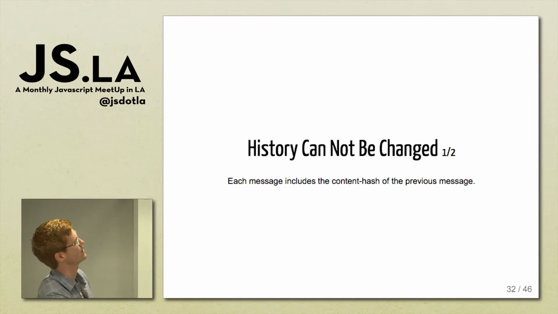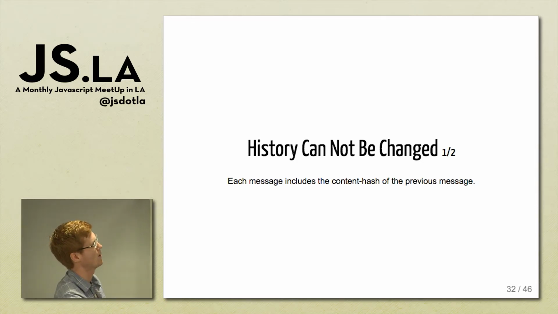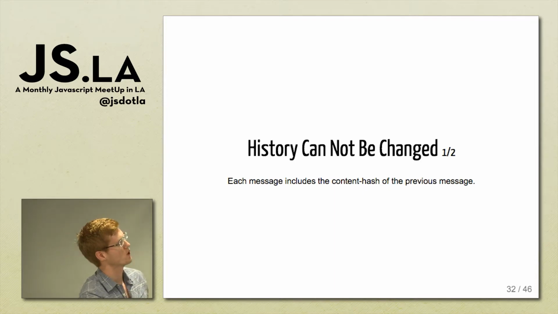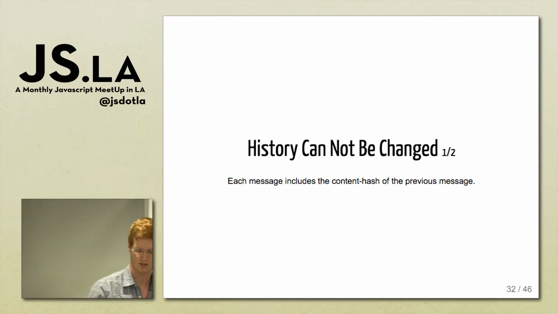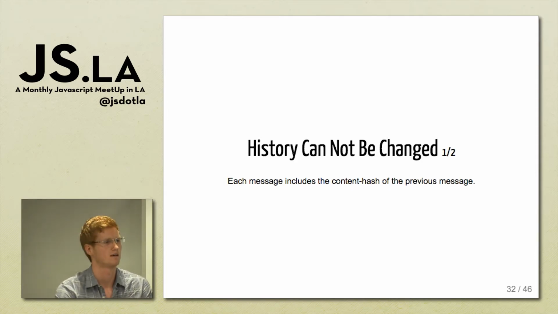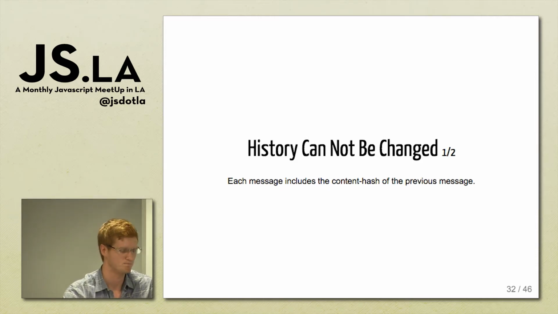The final guarantee is that the history cannot be changed. This is important so that you know that everybody is basically on the same page, right? You don't want to have multiple versions of your feed existing in the network. So the way that we do this is by basically creating a chain of checksums. Every message includes the content hash of the message previous to it, all right? And whenever a new message comes in, that previous hash is compared against the message prior, and if it does not match up, the new message is simply rejected, right?